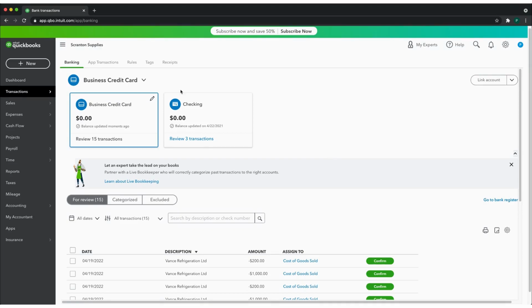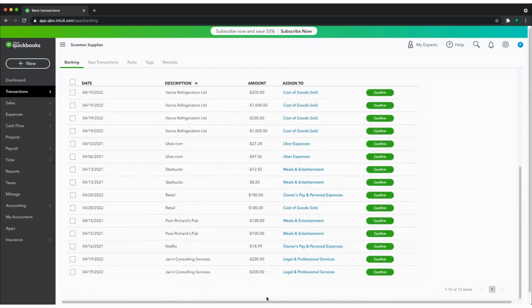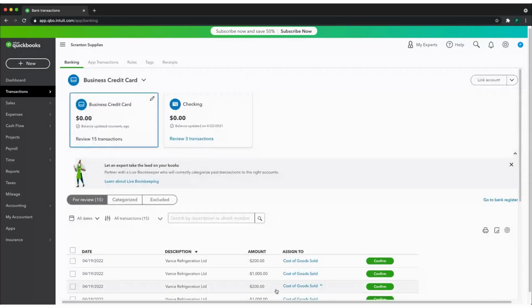So in order to do that, just go ahead and click on the Transactions tab here and then click on Banking. And once you do that, you'll be brought here to this screen. You can see that I've already linked two accounts here in the system, my business credit card and my checking account. And then down below, you're seeing all the transactions related to those accounts. Now, there's two ways of getting your data into the system. You can either link to your bank accounts directly,